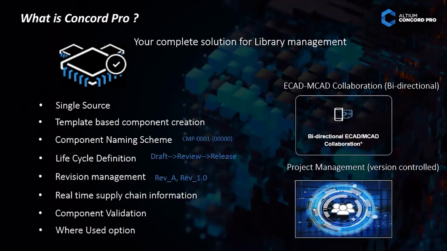This project management is like version control. So now you can keep your library also in the Concur Pro server, and the project template, bill of material template, schematic template, and you can save the project file also to the server. So it will be under version control. If you use any component in the project, we can track in which project we have used this component, so that confidently we can use the same component in the next projects. Okay, so that project management is there, and there are a lot of features, so we will see it maybe in the next webinar if people are interested.